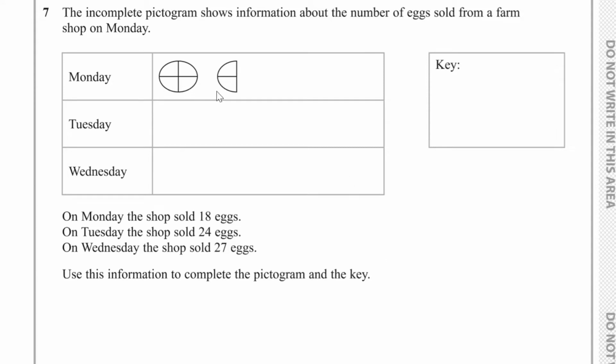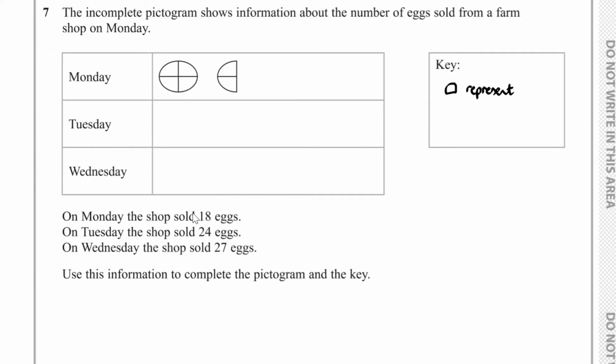Well, you can see here we've got 1, 2, 3, 4, 5, 6 of these quarter shapes, and that represents 18 eggs. So therefore one of these quarter shapes would represent